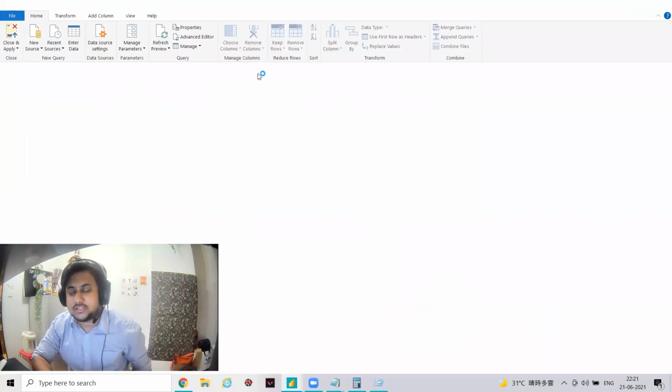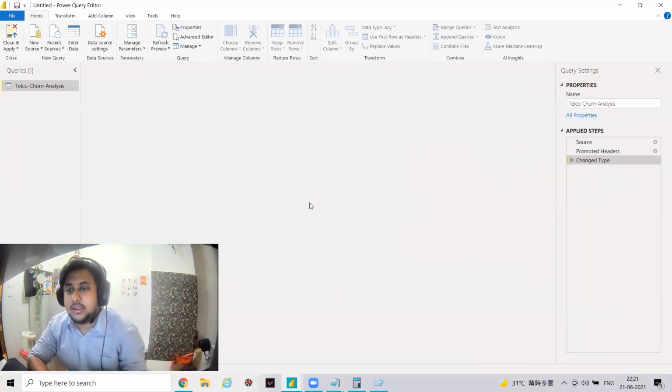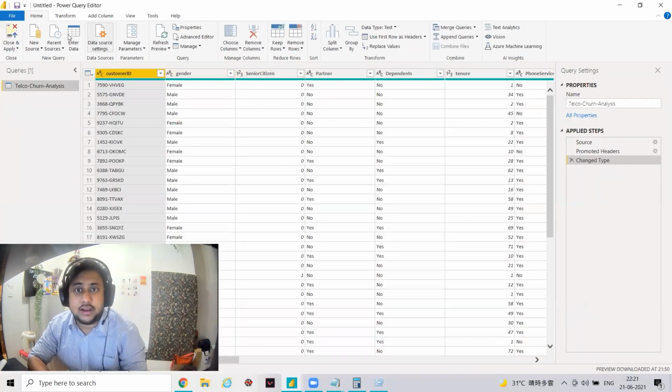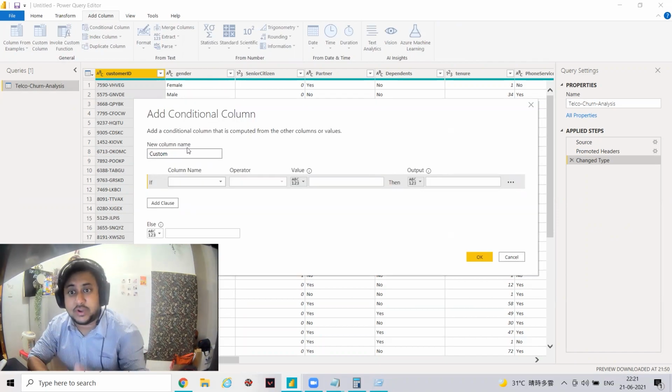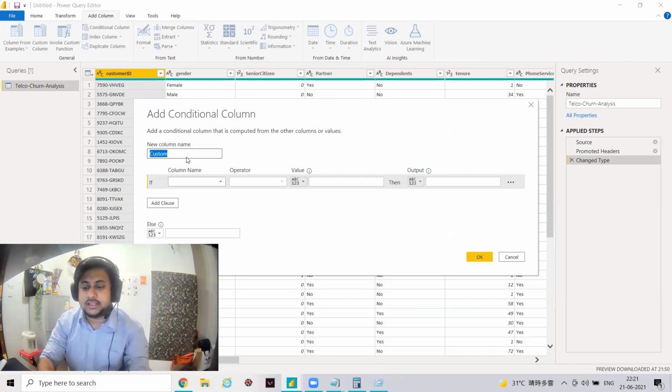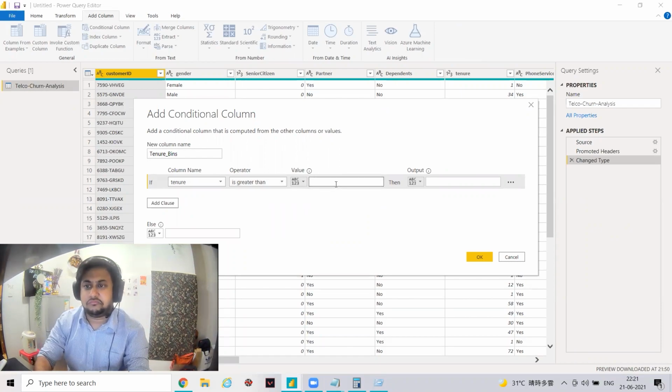Let's say you go to transform, and I'm just showing you how to create bins. You have tenure, right? And what you can do is add column, add a conditional column, and this is nothing but your derived metric. You are deriving a new column, and let's say I'll write it as tenure bins. If tenure is greater than 50, then greater than 50.